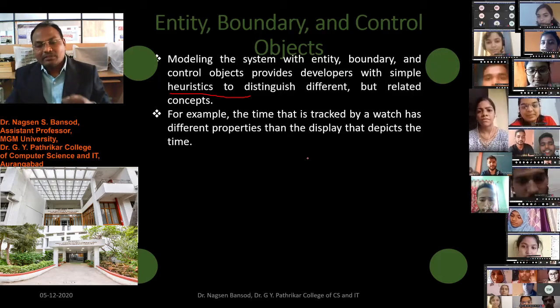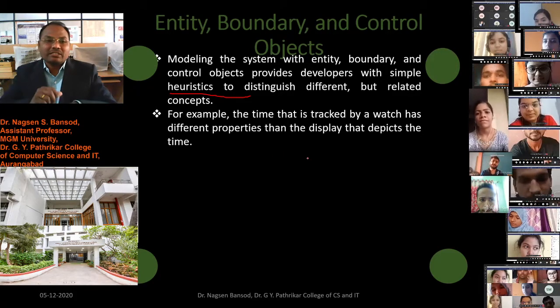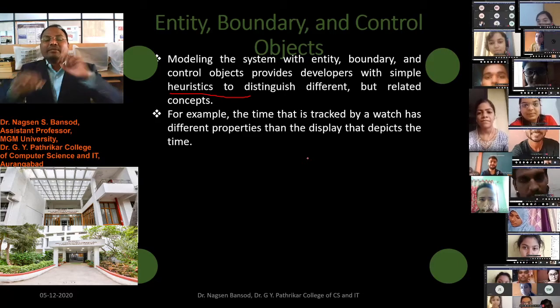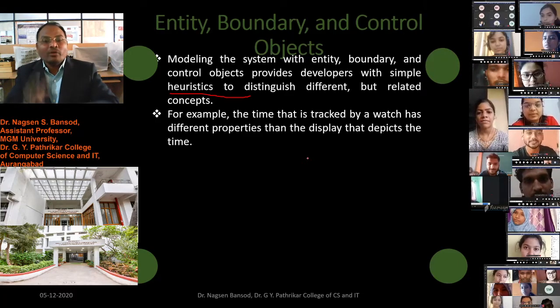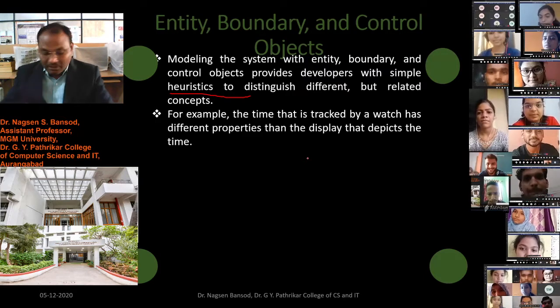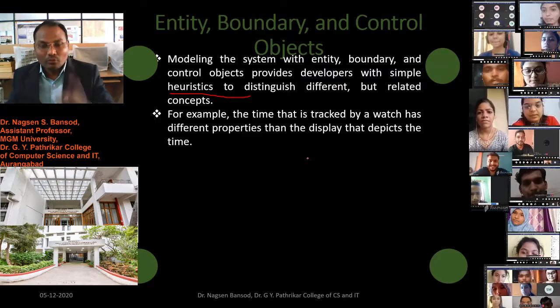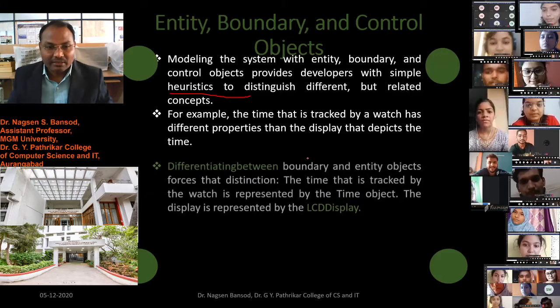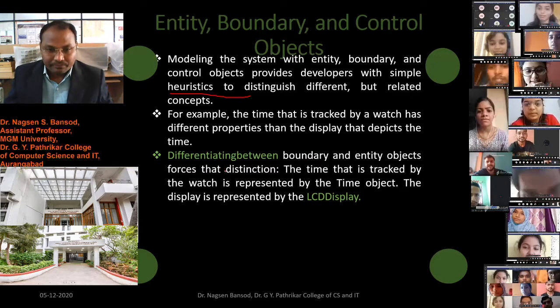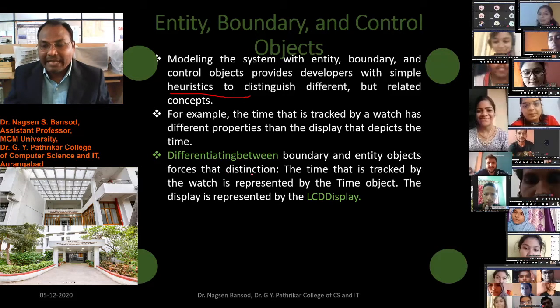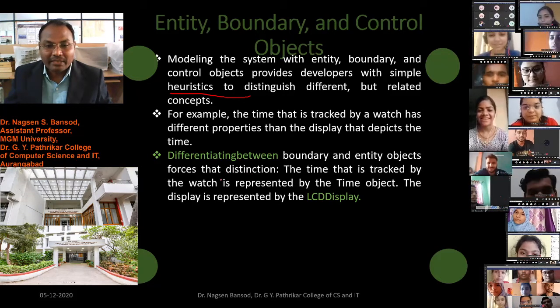So why do we have to change the time? Because the time showing on our watch is different and we have to change it. For that, there is the button, there is the control to make the changes. Differentiating between boundary and entity objects forces that distinction.